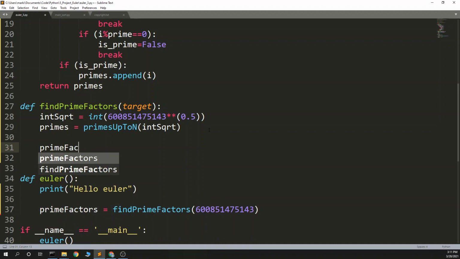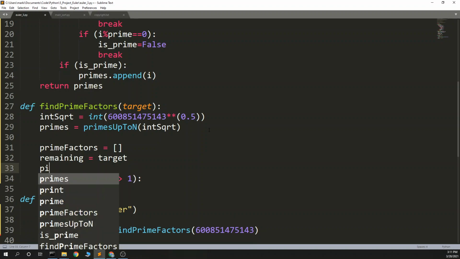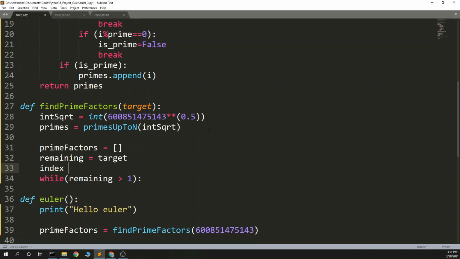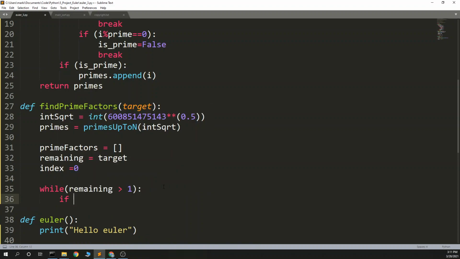Okay, so prime factors. We'll start with an empty list. And remaining equals target. We'll start with that number. While remaining is greater than 1. And index. This will be the index of our prime. So while remaining is greater than 1,